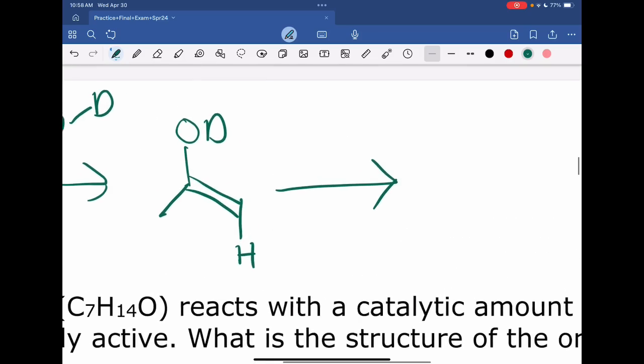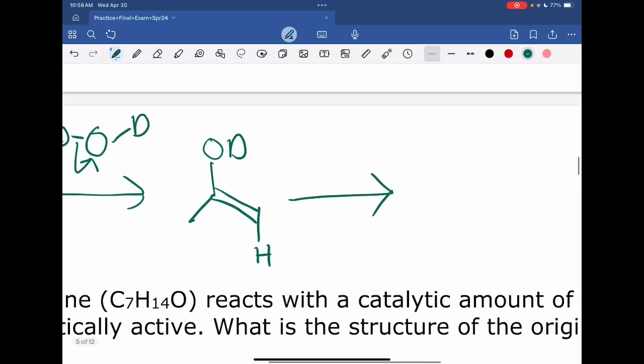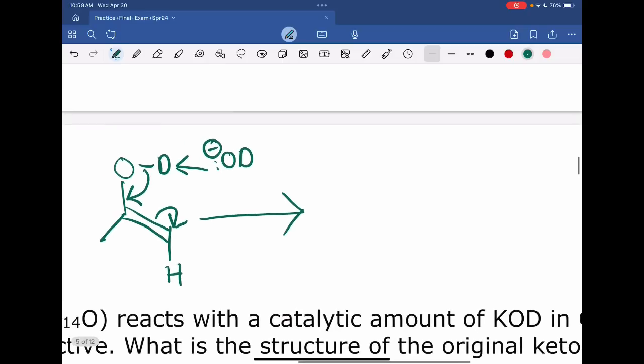So once you're at the enol form, which I just showed you how to get here, you will go back to the keto by attacking with base, OD minus, and you push this here, and you end up getting